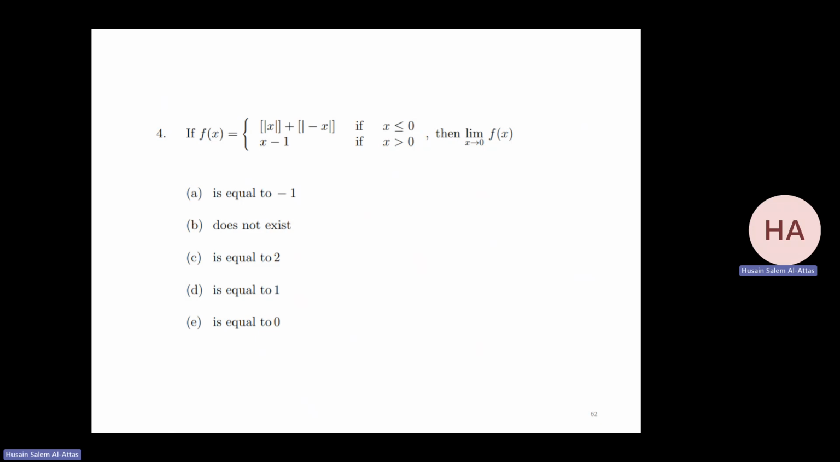Okay. He wanted to find the limit as x goes to 0. He gave you a piecewise function. How do we check the limit as x goes to 0? I'll do it from left and from right. Checking from the right is very easy because it's only substitution: x minus 1, it will be minus 1. Okay, from the left,